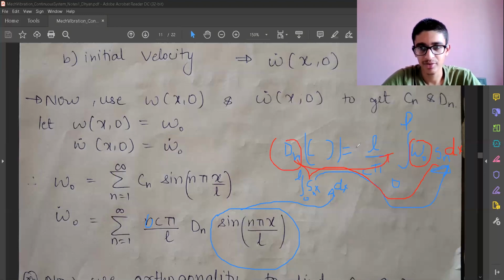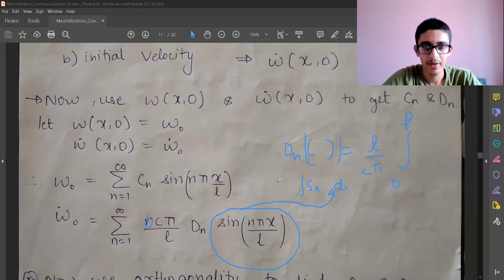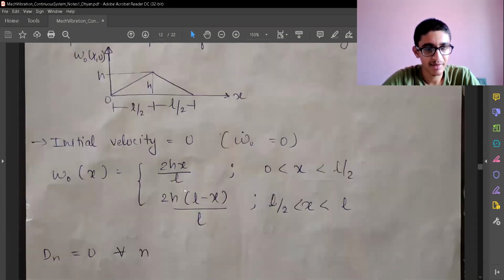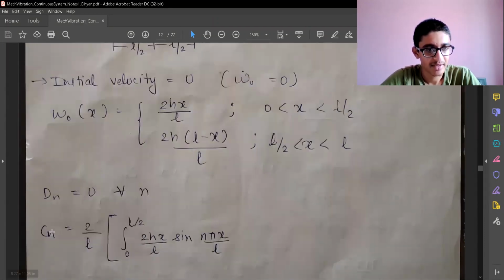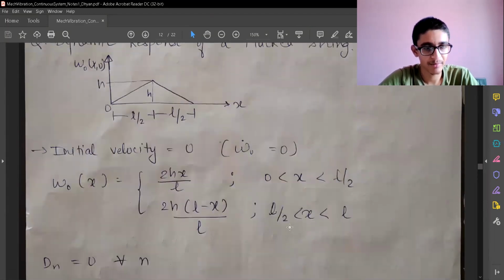So we should not solve this. We should not waste time. Use some smartness and directly write those terms. For velocity equal to 0, the constants d1, d2, d3 are going to be 0. The c values you can figure out. So this will be the equation. C will be something like this. You can complete it. I have not completed it, so yes, to give some practice to you.